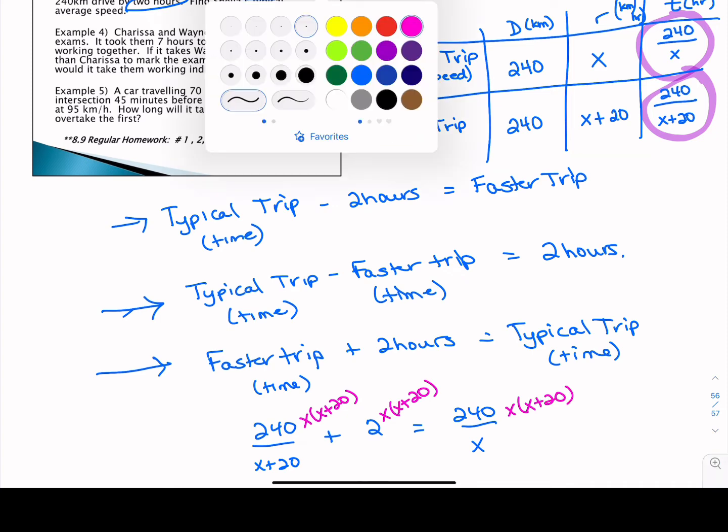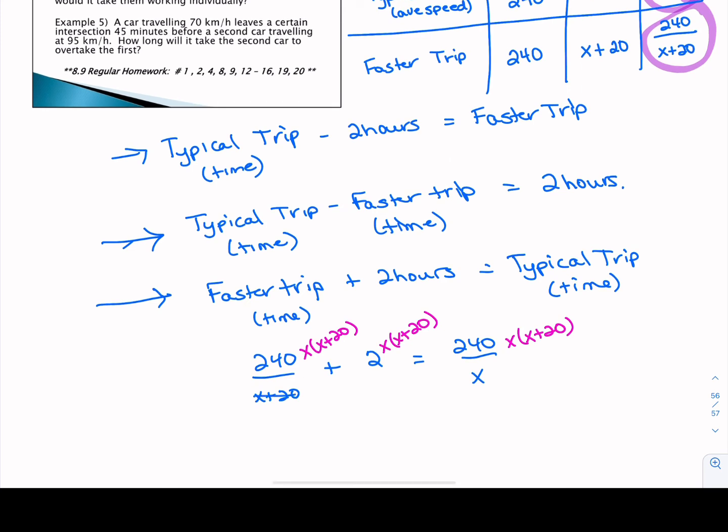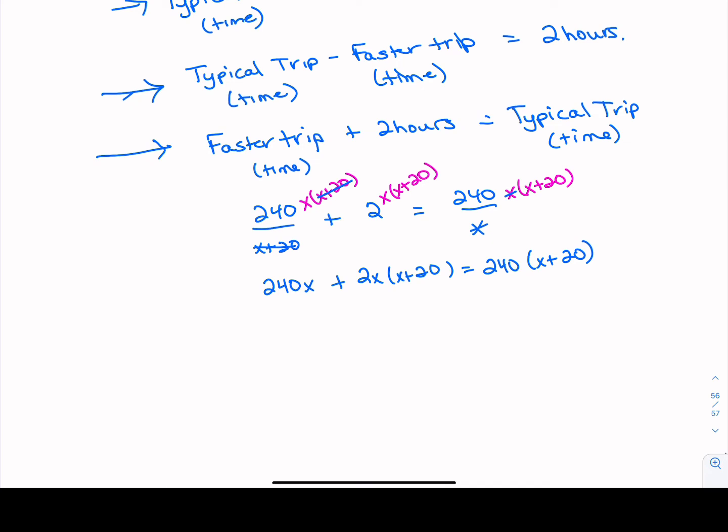At this stage, we want to be very careful with your canceling. We see that x plus 20 cancels in the first term, and you're left with 240 times x. In the second term, nothing cancels, so we have 2x times x plus 20. And on the far right side, we see that x cancels, so you have 240 times x plus 20 once again. So from here, we want to open up our brackets and solve this equation to see what we get. So 240x is going to stay so far, but 2x times x is 2x squared, and 2x times 20 is positive 40x. On the right side, we'll have 240x, and we'll add that to 240 times 20, which is